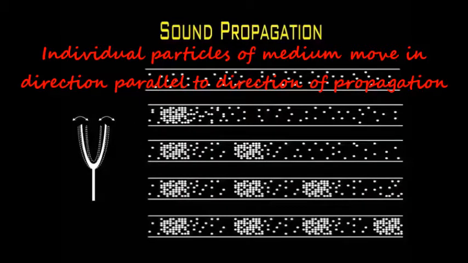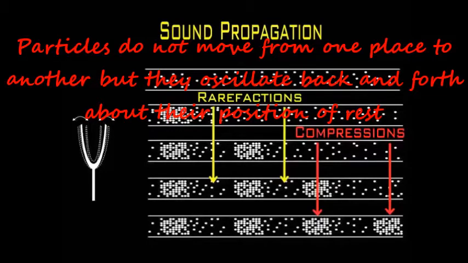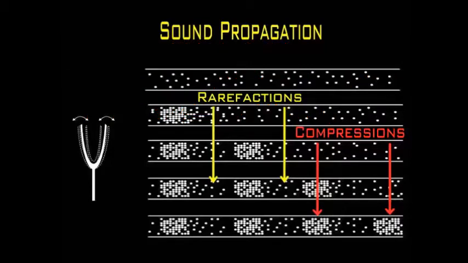The sound wave is transported from one location to another by means of particle-to-particle interaction, with each particle causing a disturbance of its nearest neighbors. Because of the longitudinal motion of the air particles, there are regions where the particles are compressed together and other regions where the air particles are spread apart.